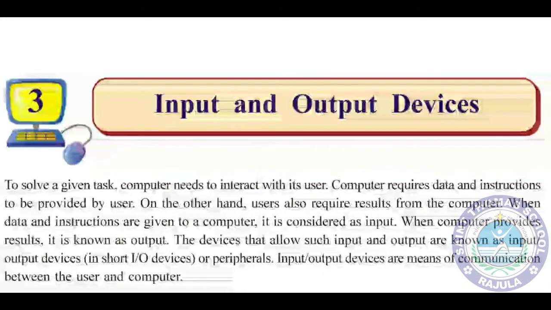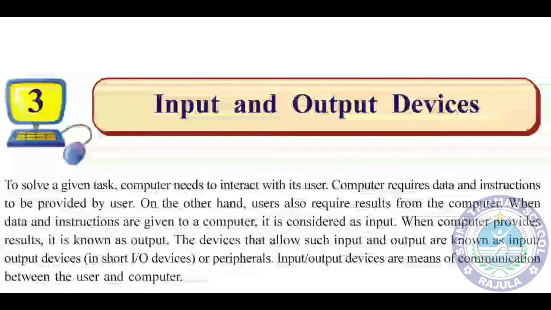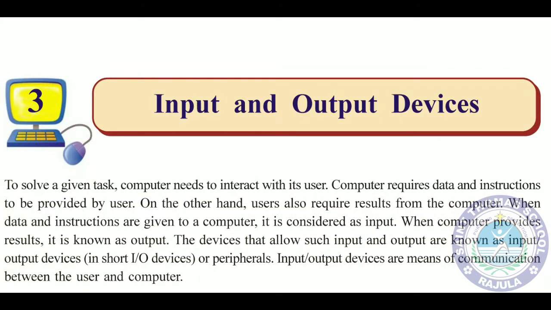These input and output devices are the means of communication between the user and the computer. Means this is the medium. How can we interact with the computer? With the input and output devices only, because if the input devices are there, then only we can give instruction to the computer, and if output devices are there, then only we can see the result that is generated by the computer. So this is the basic medium between us and the computer. This is just the basic things about input-output devices.